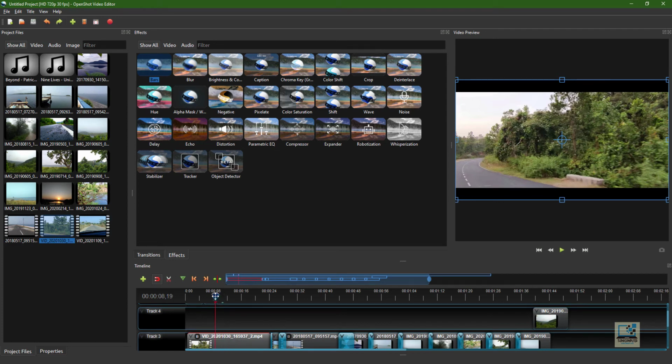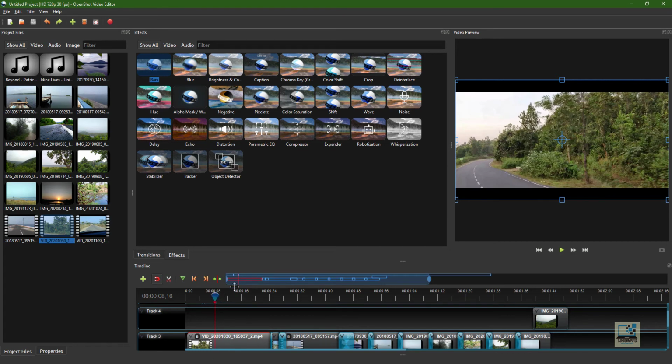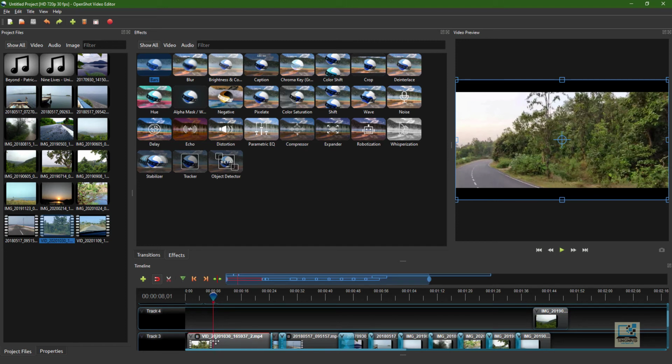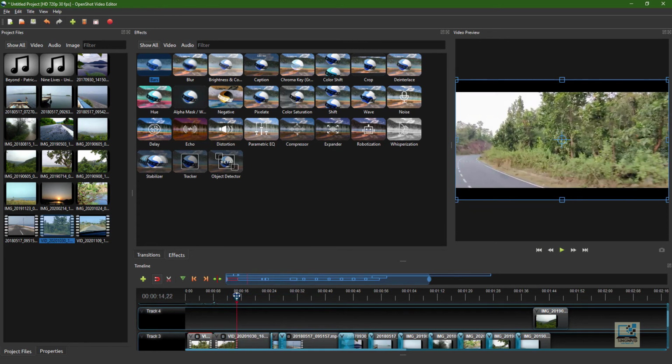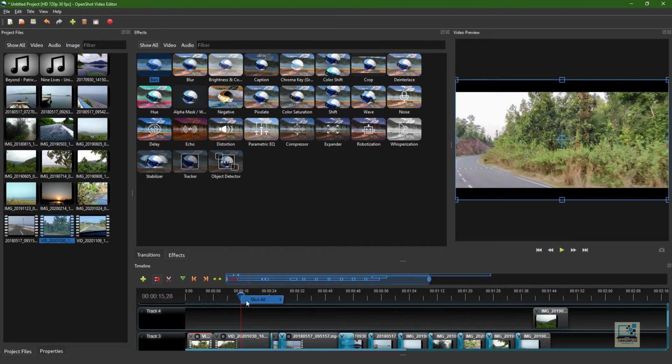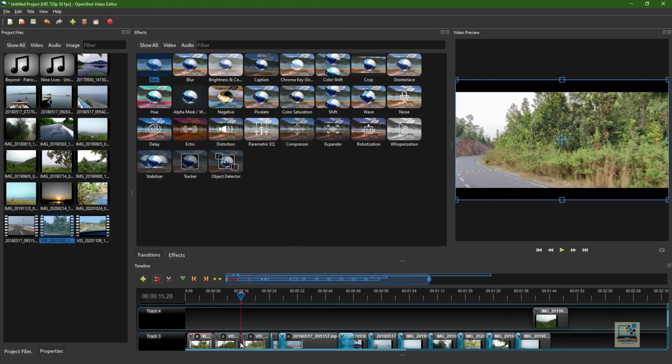So I'll be making some slices of my video first. I'll bring my timeline cursor to the exact position where I want to slice it, then right click and click on slice all, keep both sides. I'll do the same for maybe one more place in the video. Okay, here now I have 3 parts of my first clip, and in between them I want the transition.